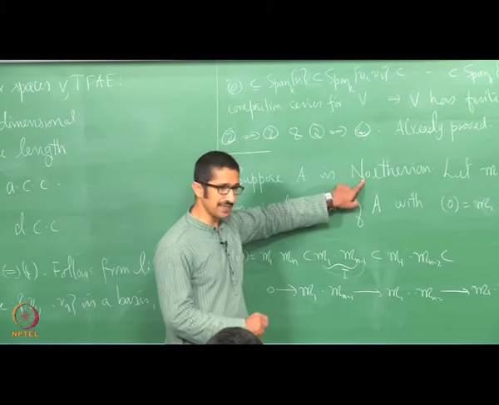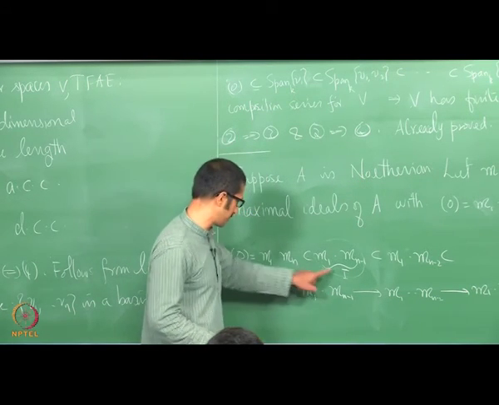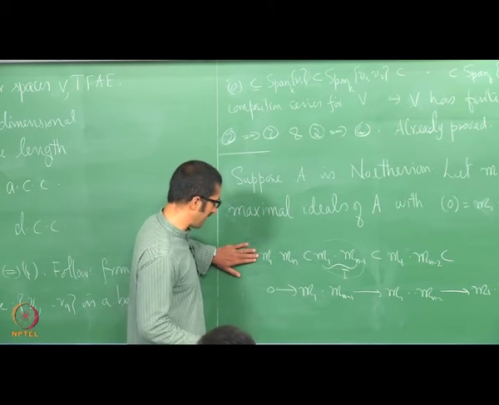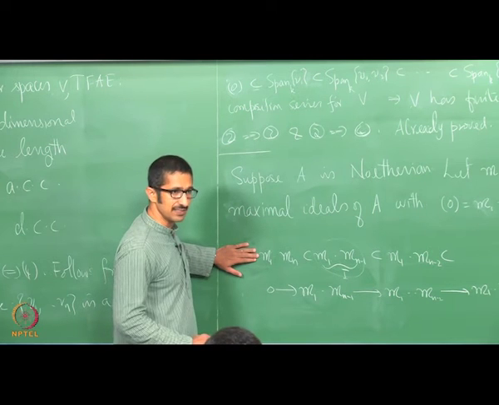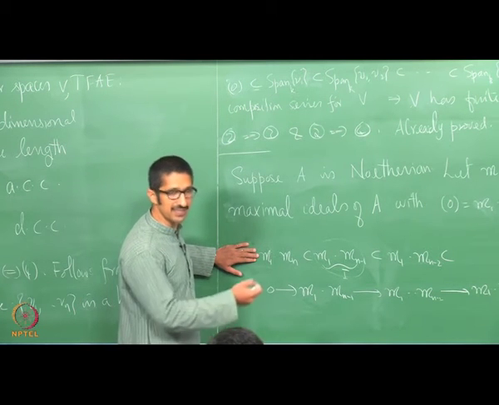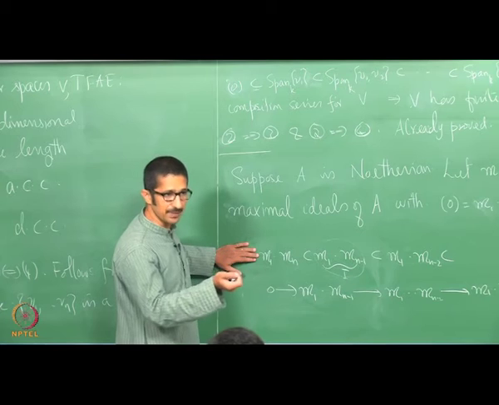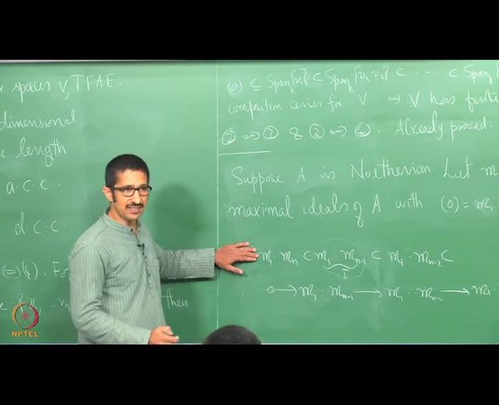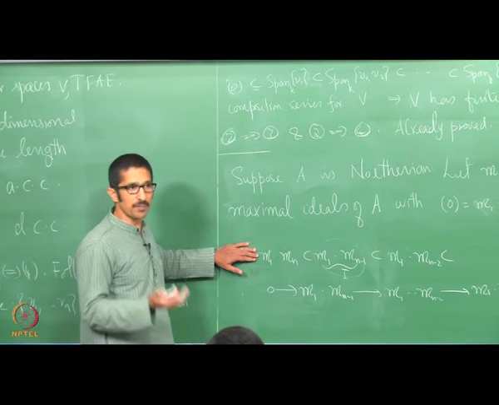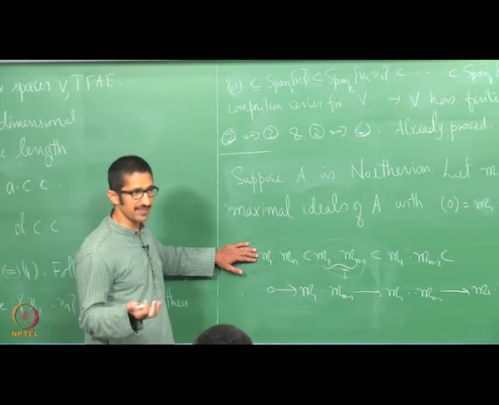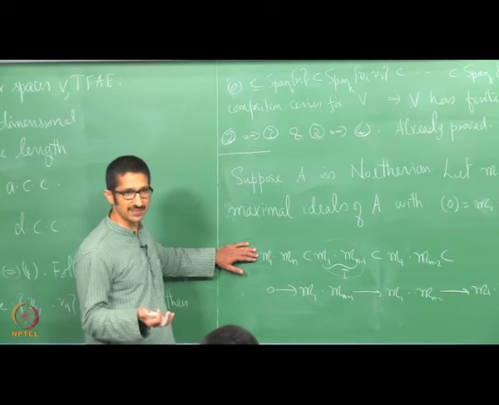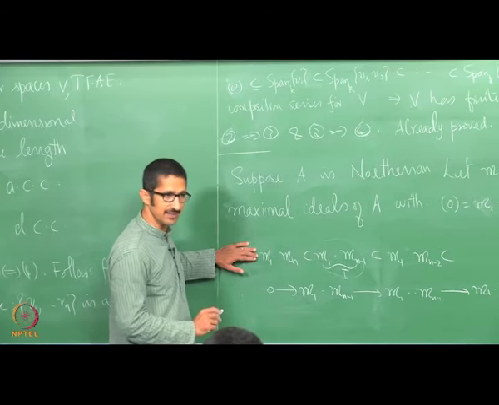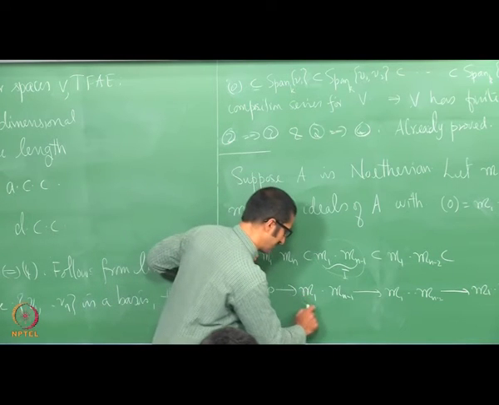We are making use of the fact that this is Noetherian. What is this? This is I mod Mn I, a vector space. I is an ideal in a Noetherian ring. Every submodule is finitely generated, or every ideal is finitely generated. Therefore, this is finitely generated. Therefore, this has